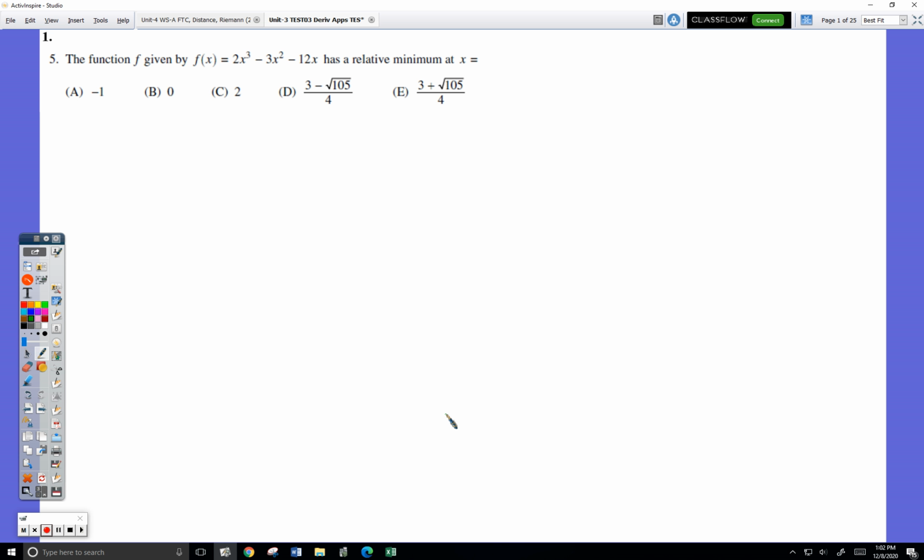So let's see. It says the function f is given by this. Okay, right there I wouldn't worry about anything, because there are so many AP problems where they give you formulas. So I don't even think hardly anything. I'm like, okay, they gave me f, whatever. I don't even read the formula, it's just f. It says f has a relative min at x equal. Okay, right there,